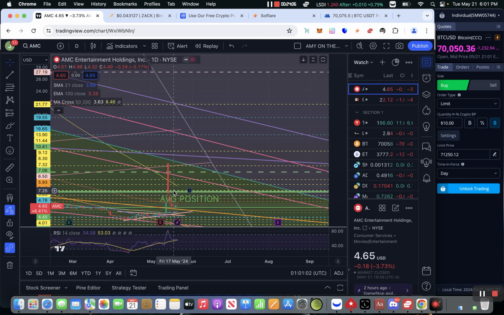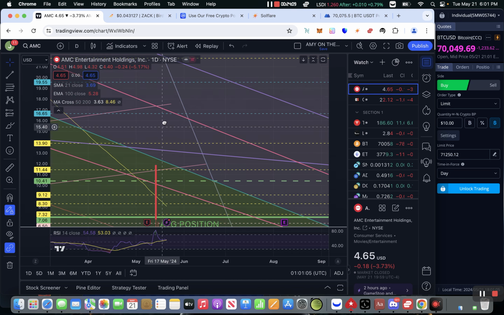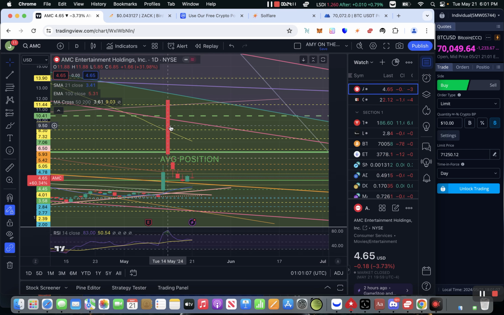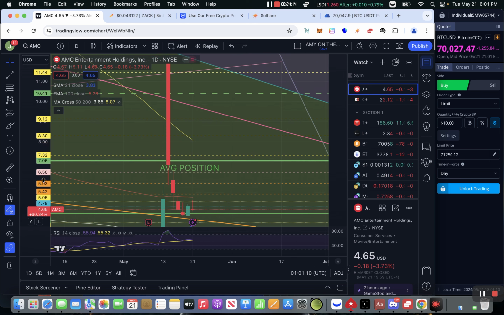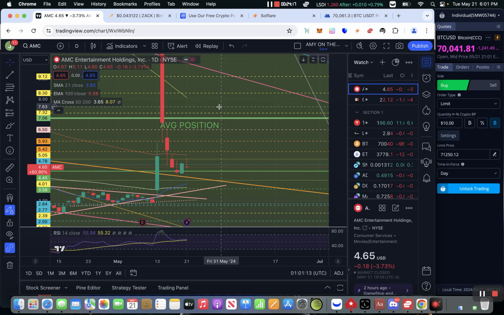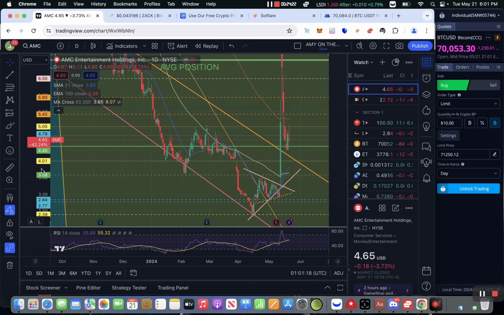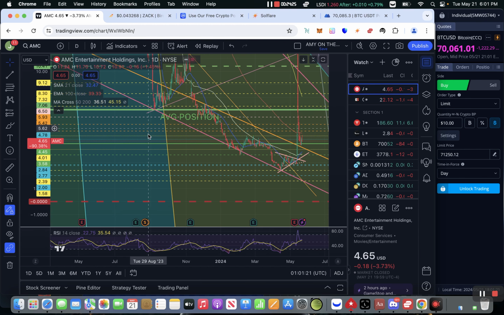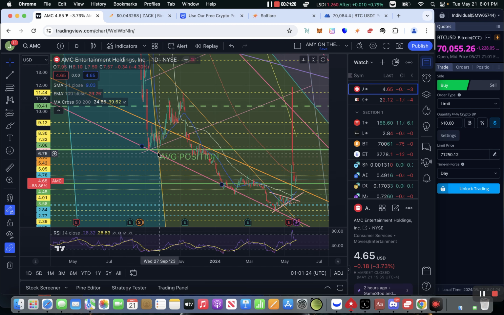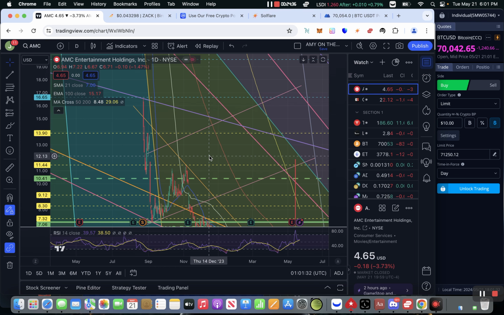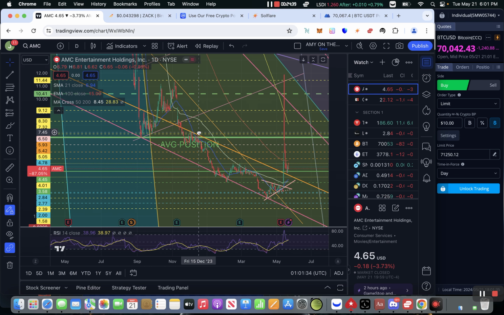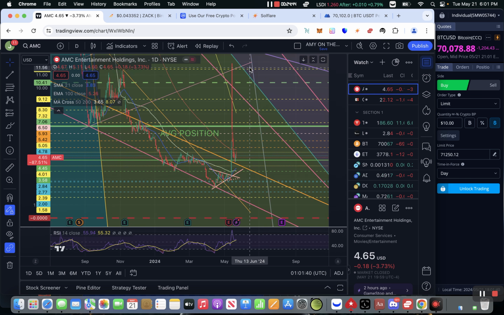I'm really bullish on AMC, to say the least, and I'm excited. I can't wait to get this ball rolling on this play. I've been tracking this play since 2021, and I did this chart somewhere around here. I started building this, and I was thinking this was going to start going up, and it actually went down. So it wasn't ready to cross over yet, but now maybe it will be ready to cross over.